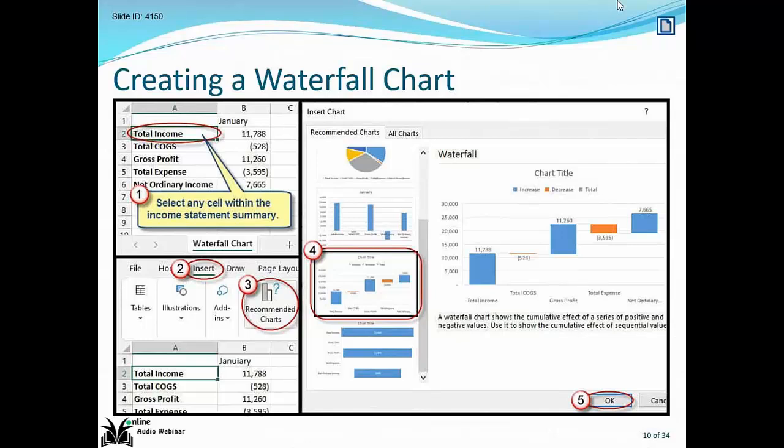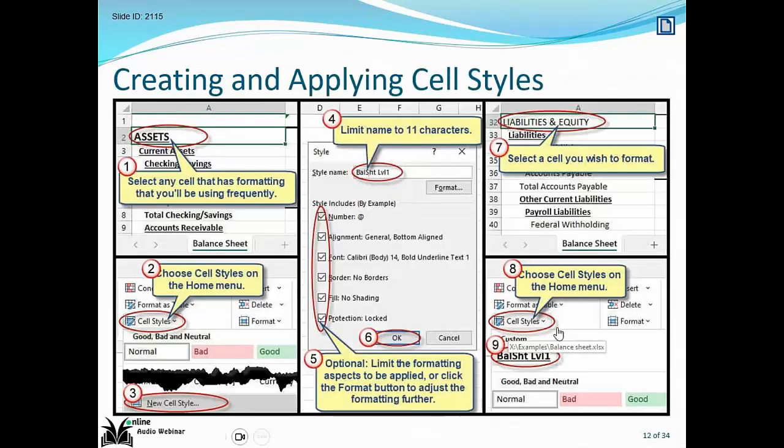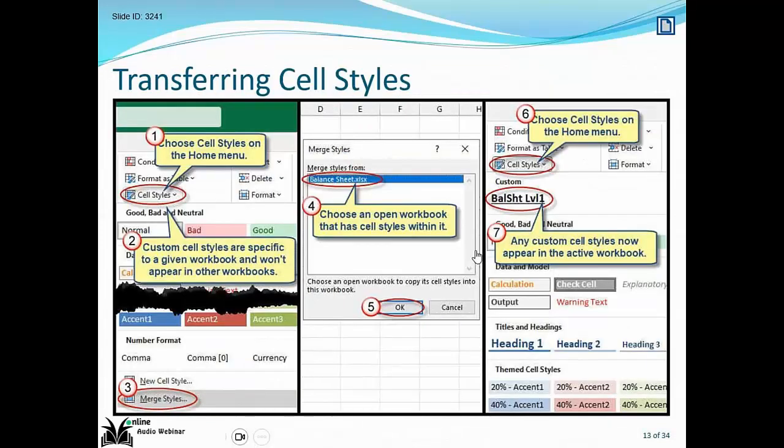Step 3, I'll choose Recommended Charts. Now you can find the waterfall chart on the recommended charts list, and I now want to talk about the cell styles feature because it is basically templates for worksheet cells. It allows you to store formatting that you wish to apply. Then in my new workbook, I can choose cell styles and pick a style and apply it,